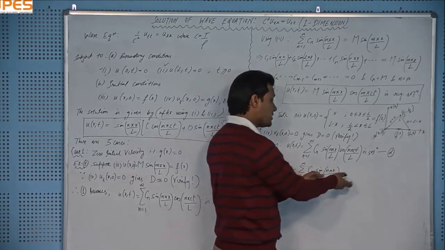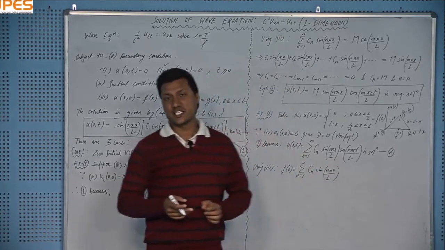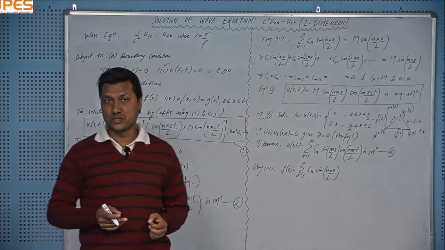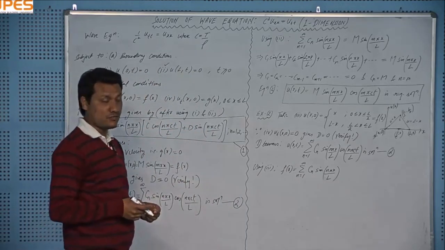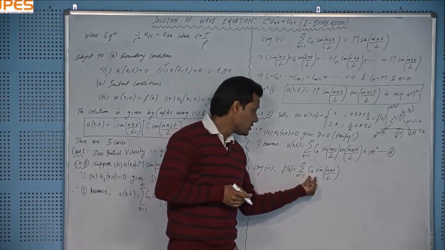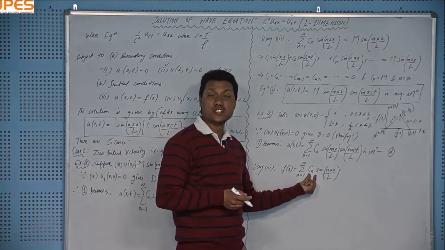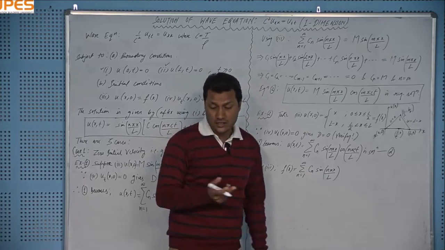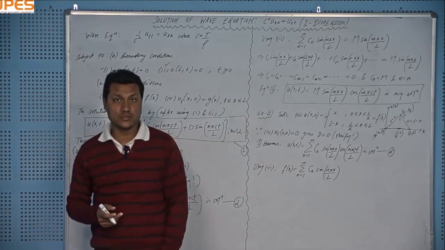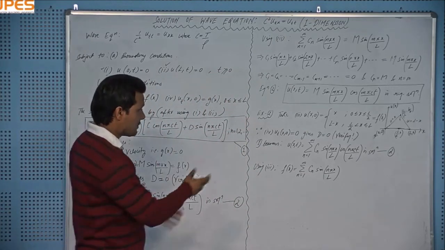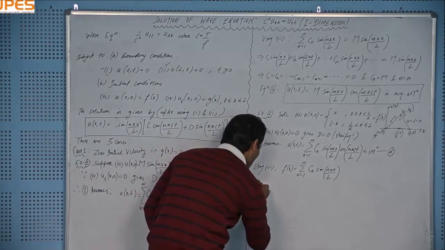All terms are sine terms, and that is called Fourier sine expansion, Fourier half range sine expansion. You have to use the Fourier sine series formula here to find this coefficient. We have a formula for the Fourier coefficient. You must have read it in your previous semester course, first semester, second semester, right? So I am applying that formula using